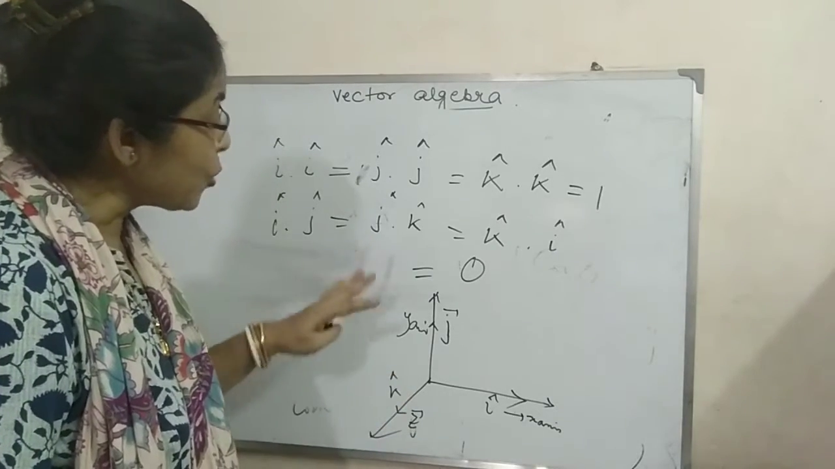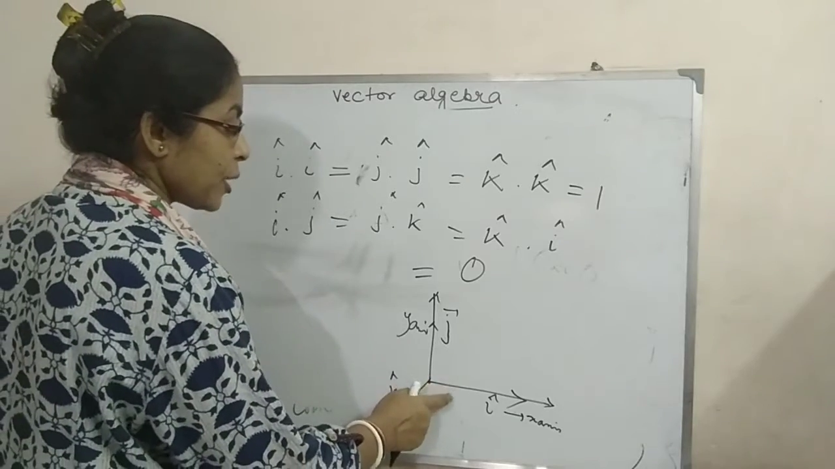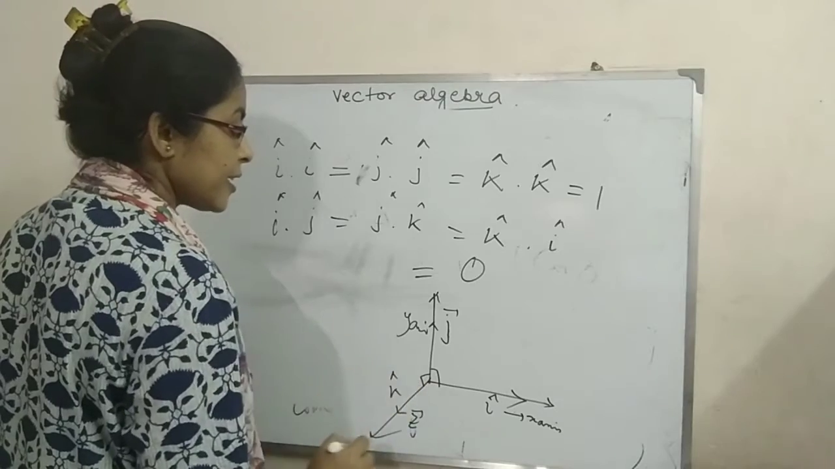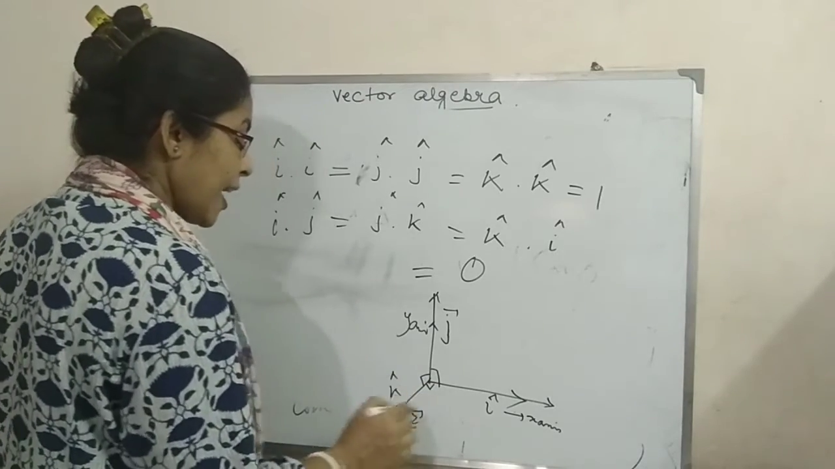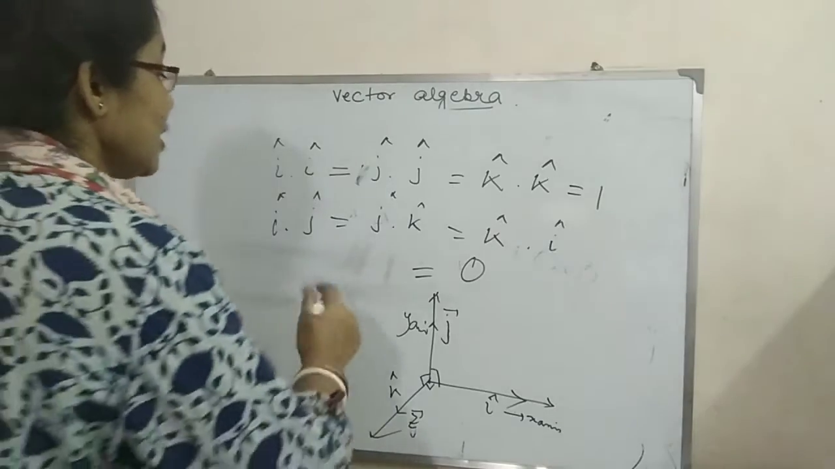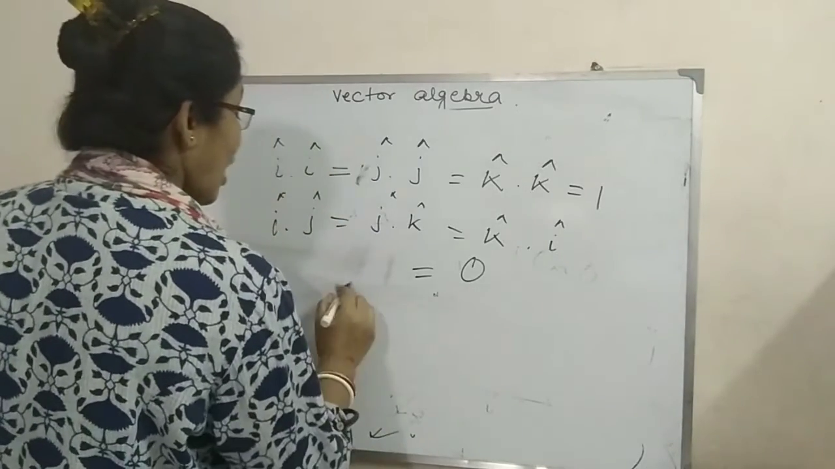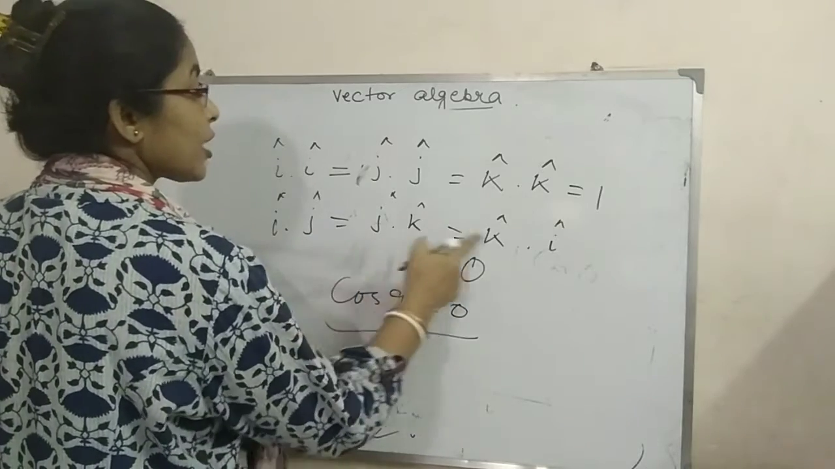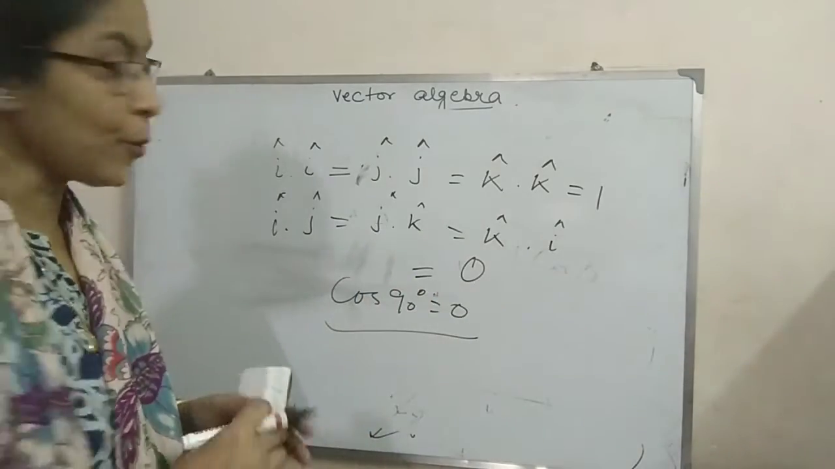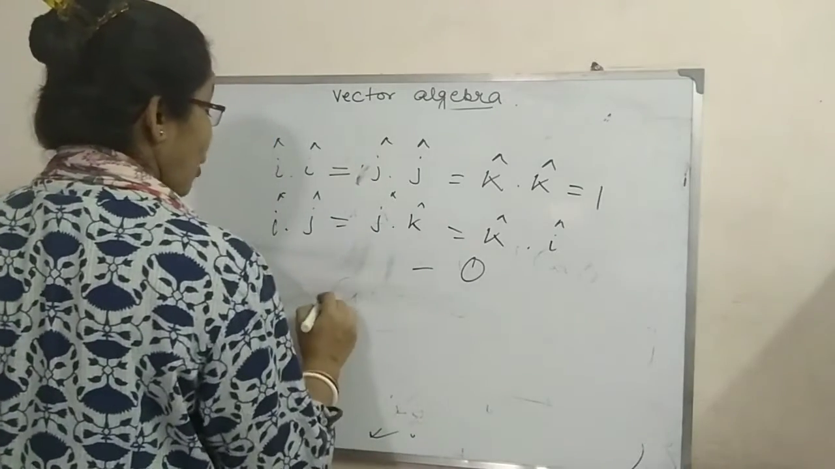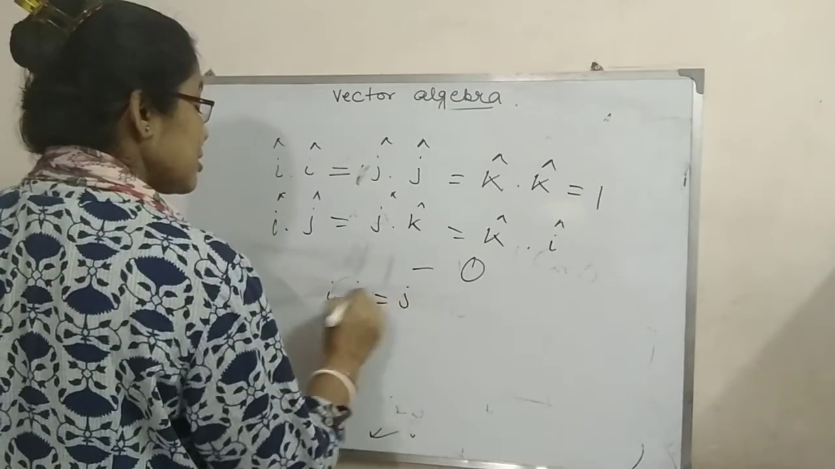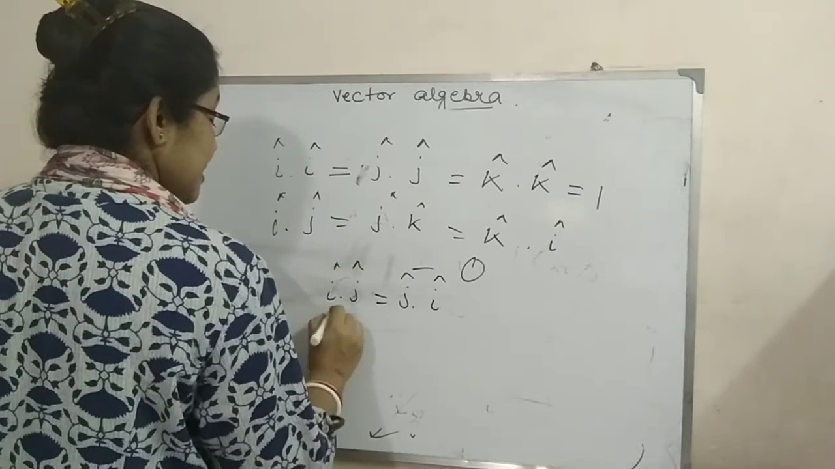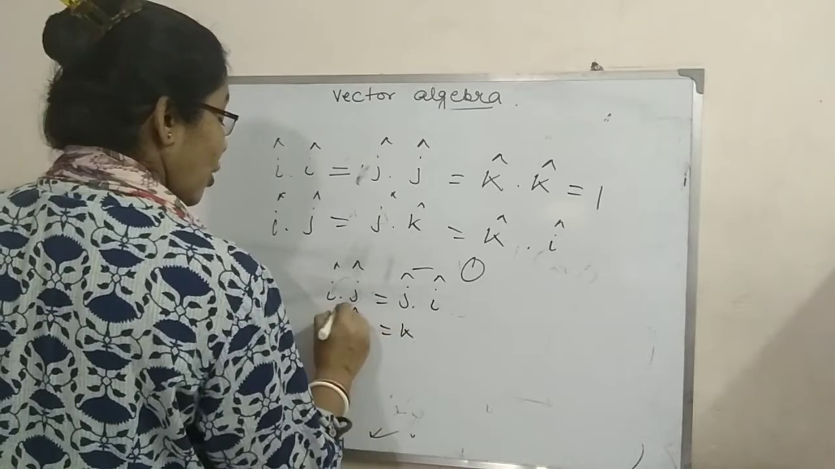All are unit vectors. Here the angle between i and j equals 90 degrees, the angle between j and k equals 90 degrees, and the angle between i and k equals 90 degrees. I know cos 90 degrees equals 0, so i dot j, j dot k and k dot i are equal to 0. And this is the commutative property: i dot j equals j dot i, and j dot k equals k dot j,